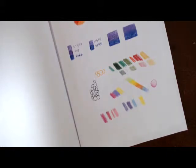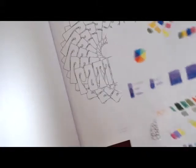So yeah, anyway, with today, I just thought what I had done here was just taking one of the pages